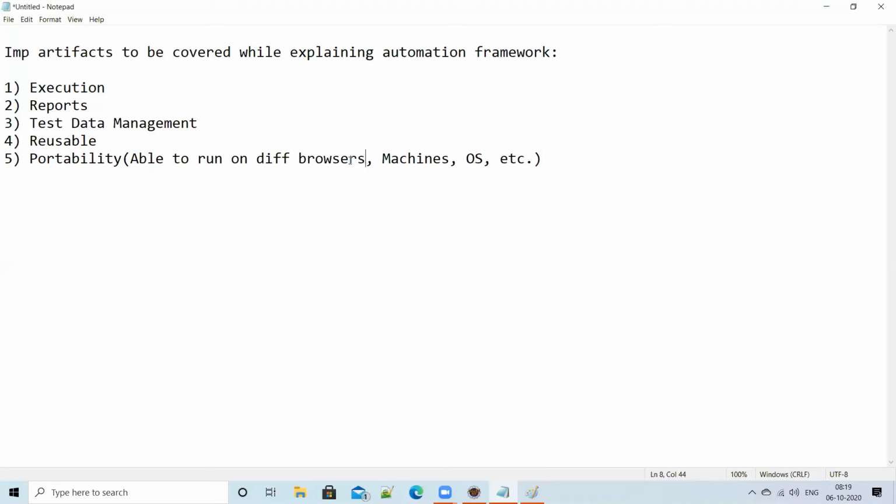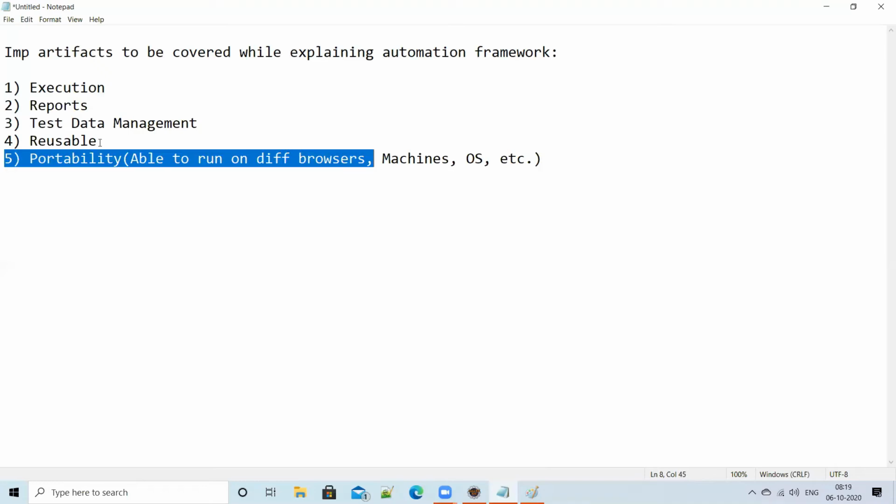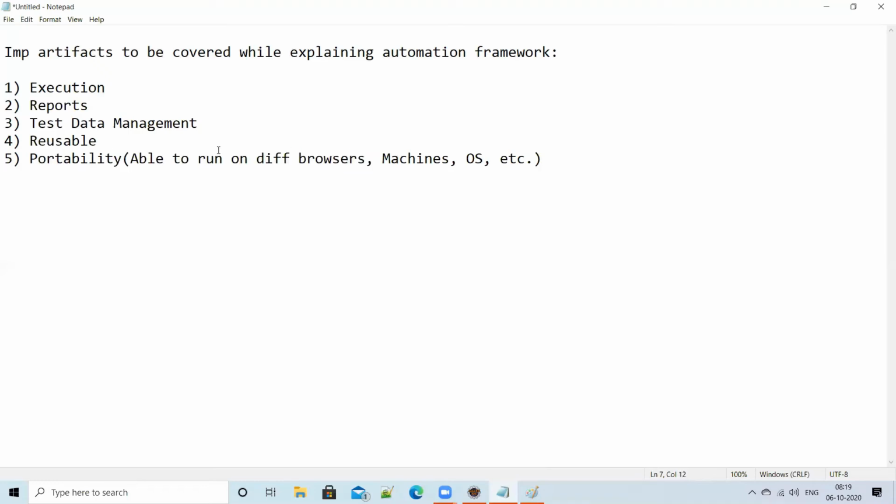Another thing is different browsers. Yes, this script will work on other browsers also. Okay, I'll show you that as well. Simple, you need to change the browser name, so it will work. Only the browser drivers you need to add. So this is also another important thing. And reusability is basically about being modular and component based.